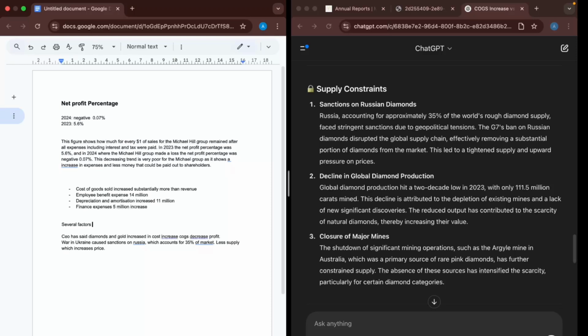So: several factors caused profit to decrease for Michael Hill in the 2023 to 2024 financial year. The first of these was an increase in cost of goods sold,